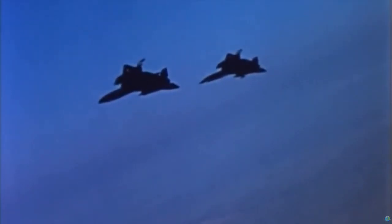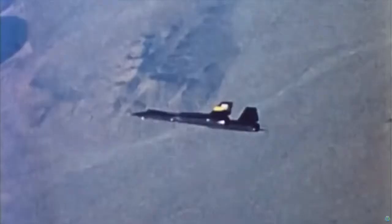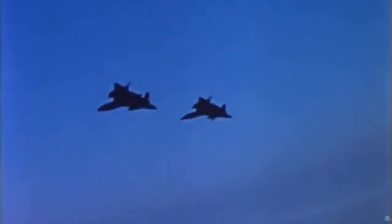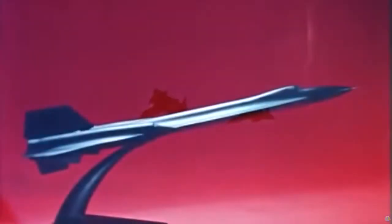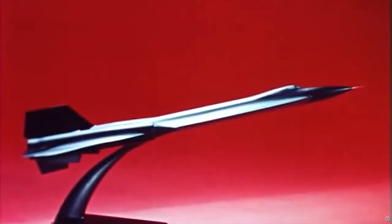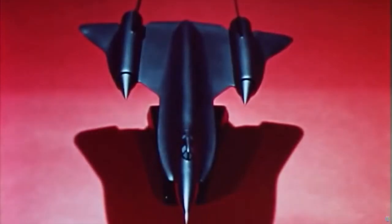The YF-12 is a member of the triple-sonic Blackbird family, a product of the Lockheed California Company facility known as the Kelly Johnson Skunk Works. The YF-12 was conceived as a high-altitude, high-speed interceptor. Its basic mission, maximum range intercept with an operational radius of over 1,000 nautical miles. The basic design concept was a low-aspect